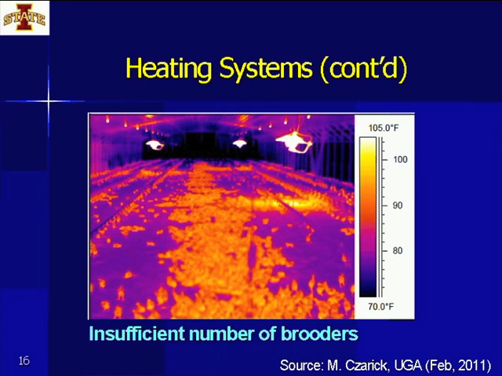And just looking at this particular slide, you can see the huddling of the chicks as indicated by the yellow color. That is indicative of a lack of heaters in here. So once again, you burn LP but are not doing the job properly. So make sure you have sufficient heating capacity in the barn.